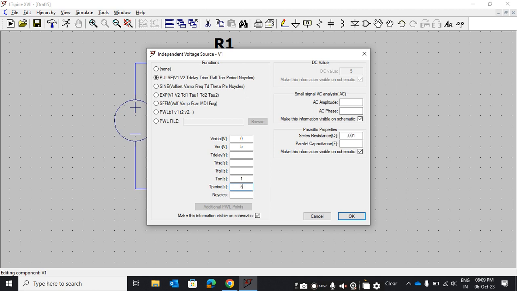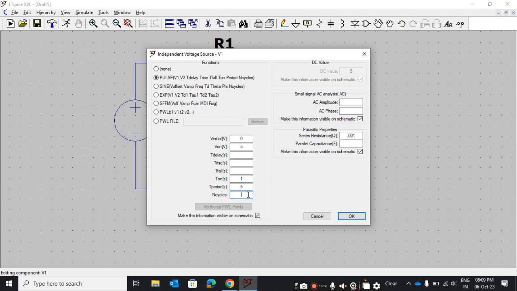If you put 5 seconds here, what will it do? It will take the on time 1 second and it will be off 5 seconds. Okay, so it is like this. How many cycles do you require? 1000, yeah, how many cycles you require? So you can write here 1000, 110, something like this.